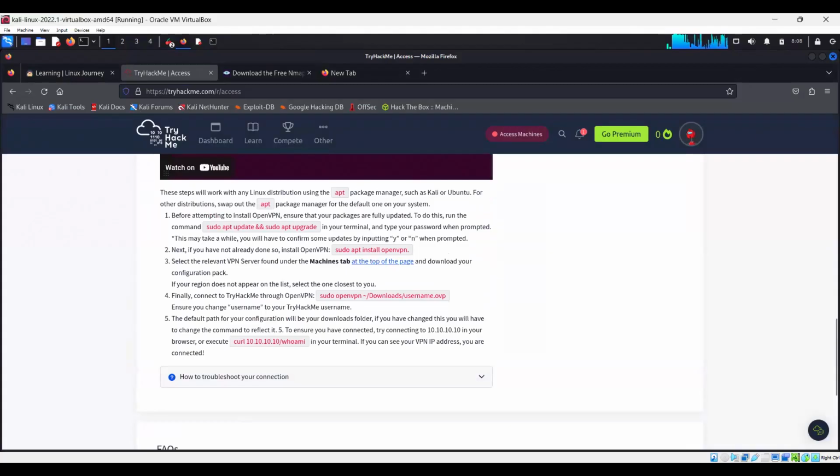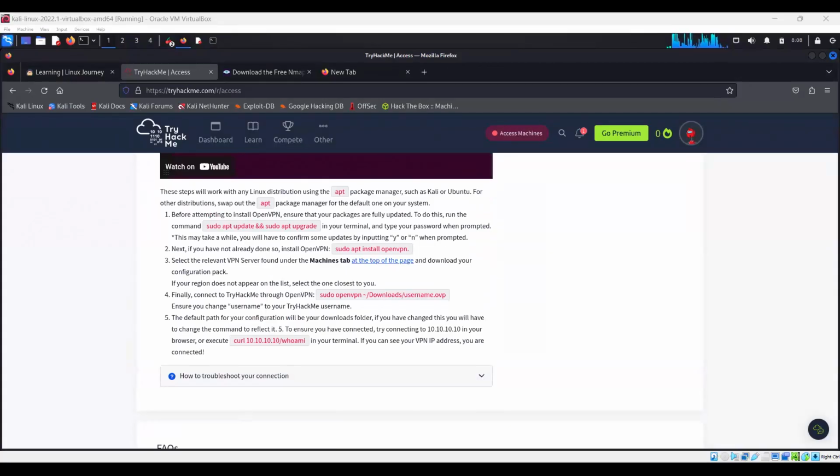So see, once you understand this thoroughly, you can practice any labs in TryHackMe. That's the reason I'm taking so much effort and time for this. So what we'll do is, these are the steps for it. Okay, now